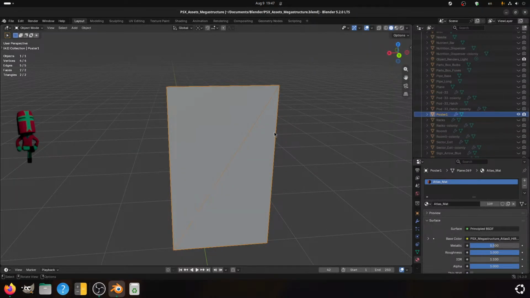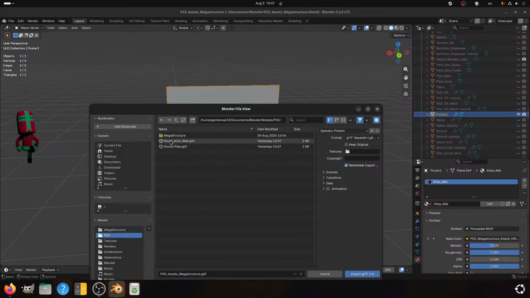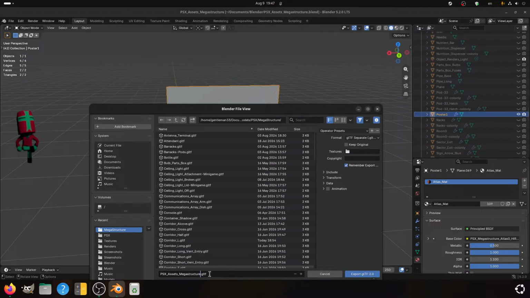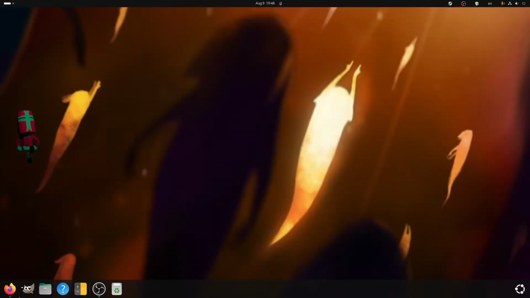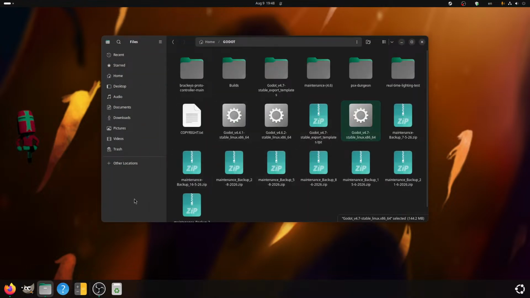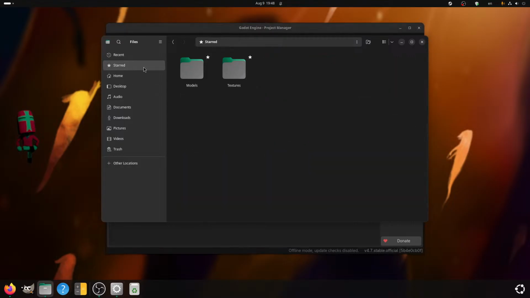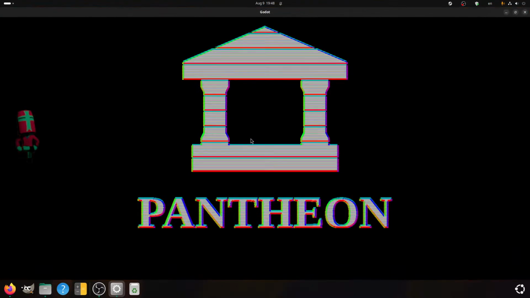Thank you very much, Cosmic. Now that we are done with all of that, and I have indulged, I can export you. Poster, as poster 1. Yep. And now we open Godot and models, PSX, megastructure, open maintenance.